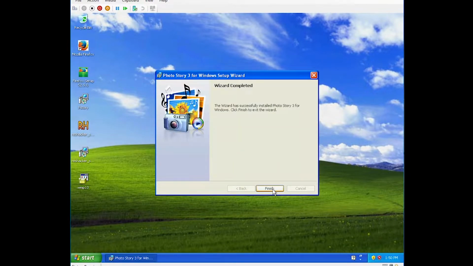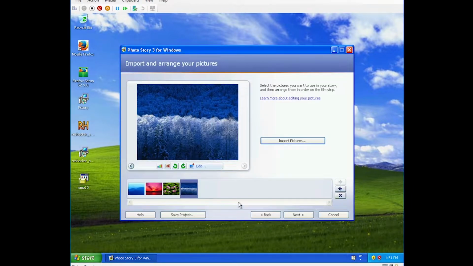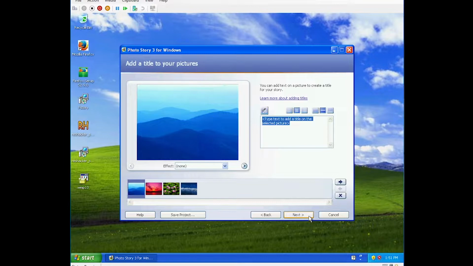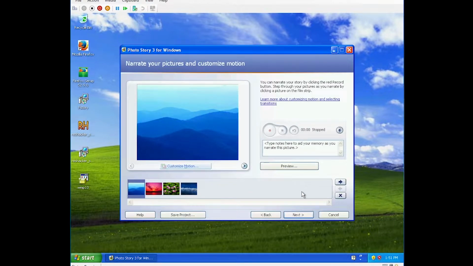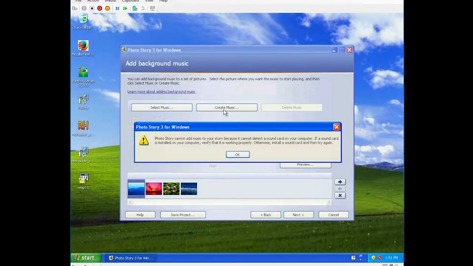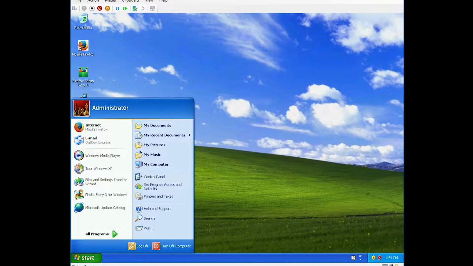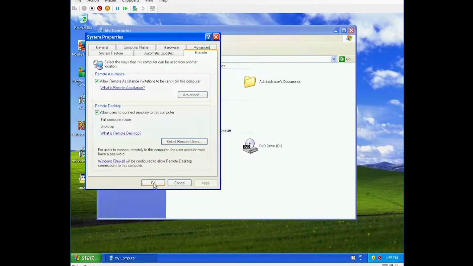Alright, time to launch it. Everything was going smoothly. I selected some pictures, clicked next, skipped adding titles, and then got an error that I had no microphone. That's fine, I don't want narration anyways, so I moved on. And there it was, the fabled Create Music button. However, my hopes were quickly dashed by the absence of a sound card, preventing it from working. Obviously, a virtual machine wouldn't have a sound device, especially on a server,